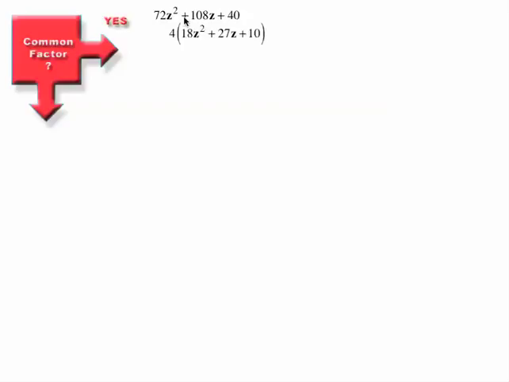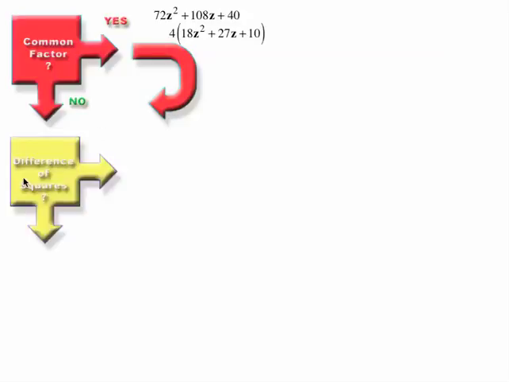So we can just pull out the common factor. Okay, but once you do, you're going to have to continue on. If there is no common factor, or if there was and you continued on, then we're going to check